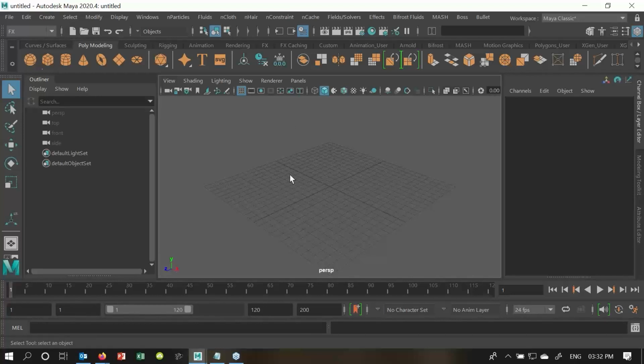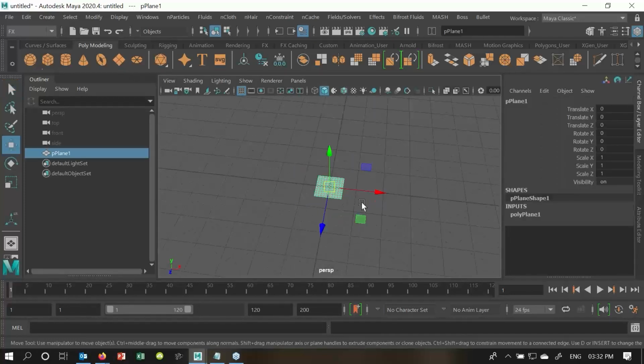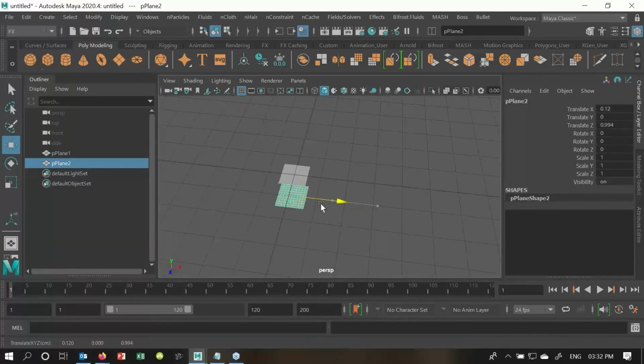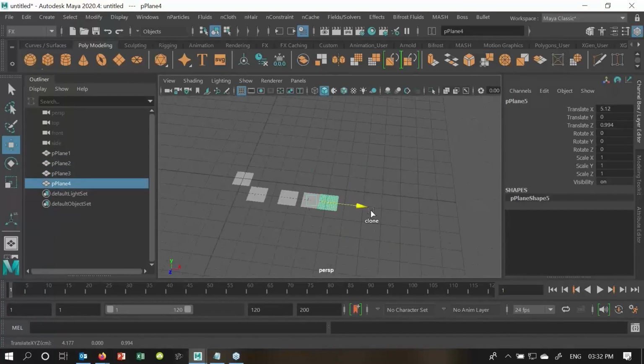and there are leaves on the floor. Once my cloth falls down, or it's just moving with the wave, the leaf has to be animated, right? So as a reference, I'll create one plane over here. I'll just make a duplicate of that, right? I'll make nearby 6 or 7 different duplicates together,